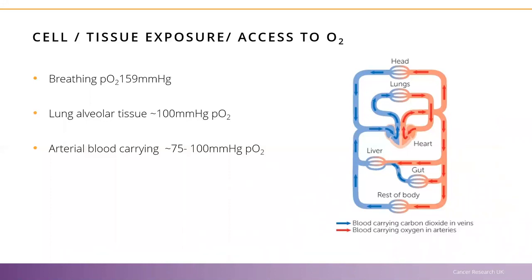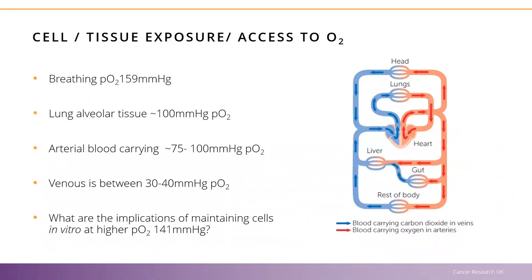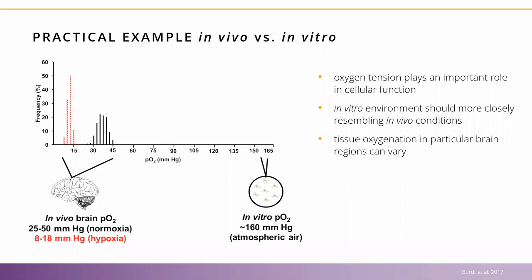And going through the whole circulation, it will deliver oxygen. And then at the end, venous blood is seen having a content of 30 to 40 millimeters of partial pressure oxygen. But then again, we are incubating in vitro at a partial pressure of 141 millimeters of mercury, way more than the average cells see. As a practical example to this, I have taken an image from the article of Board et al.,